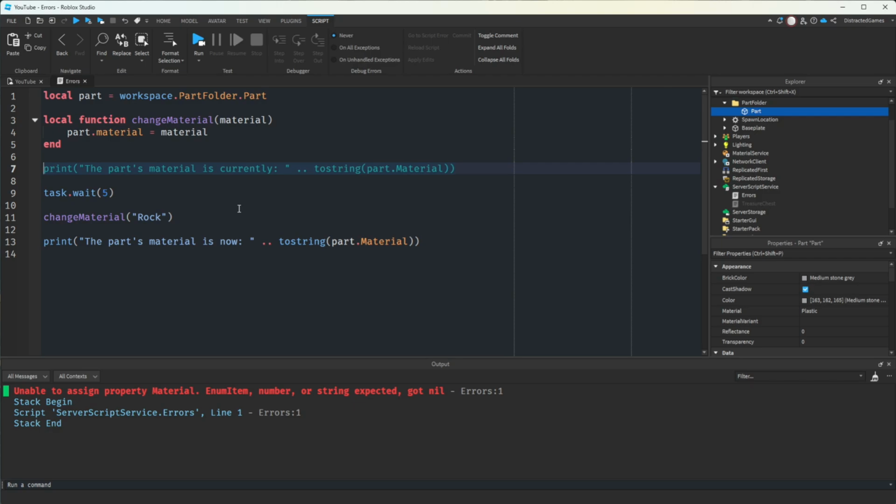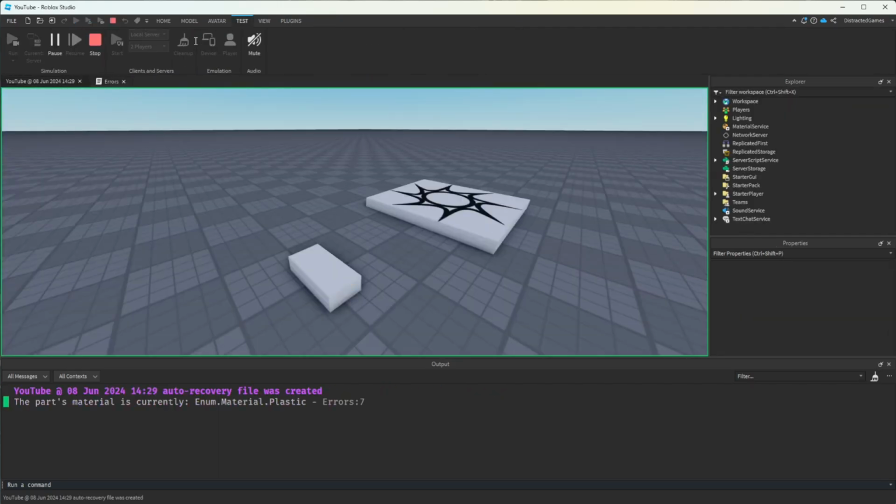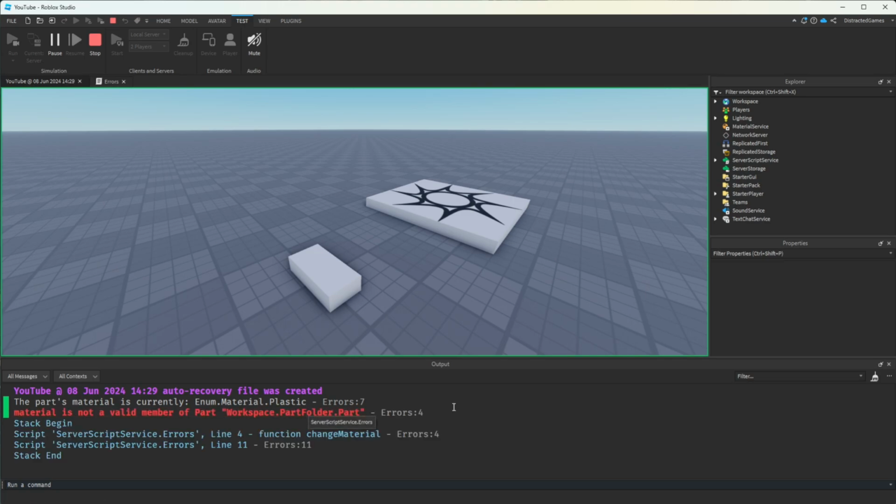But after 5 seconds, it's going to call the function. We're feeding in rock as our material that we're trying to change the part's material to. And that's when it's going to crash because, of course, we have our syntax error there. And then I've also got it printing what the material should be after it's changed to show that this is not going to run after that error occurs. So if I run this, part's currently plastic, 5 seconds later, our function gets called, and now we have material with the lowercase m is not a valid member, not a valid property there. And notice that it has not changed to rock, and we do not get our additional print statement saying what the